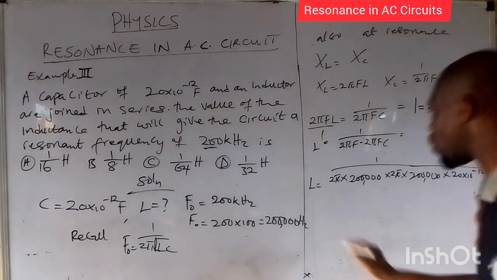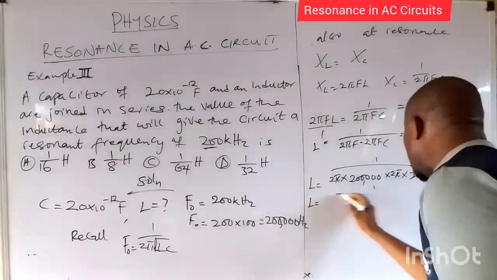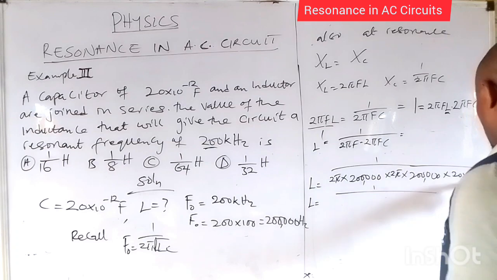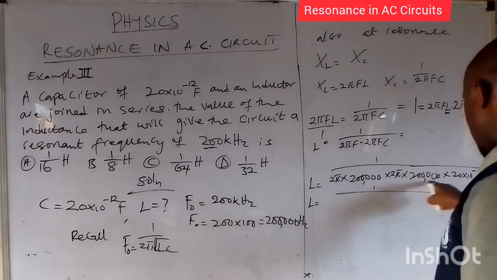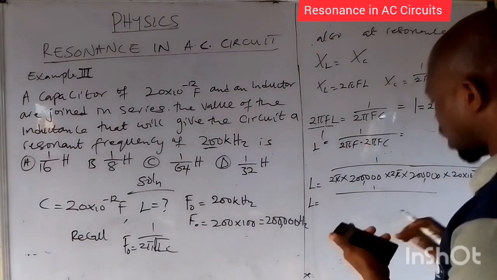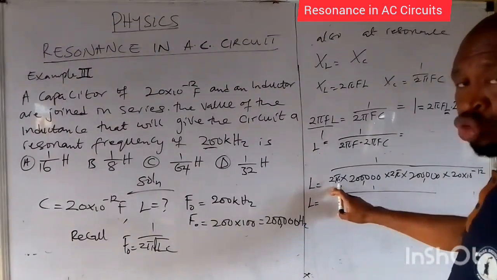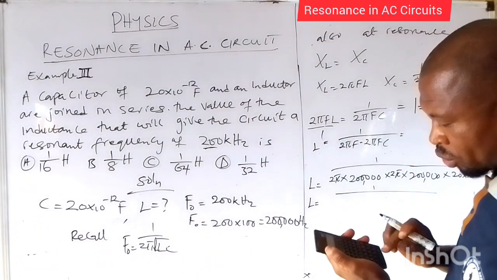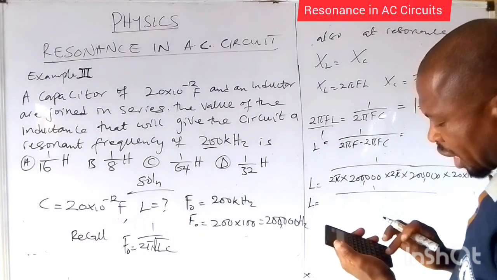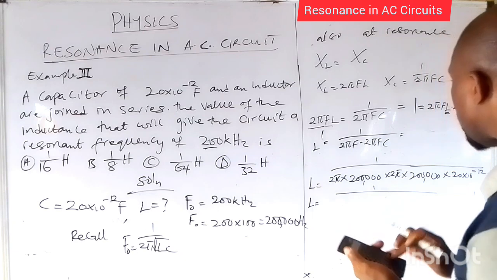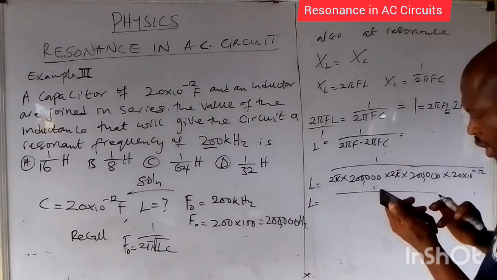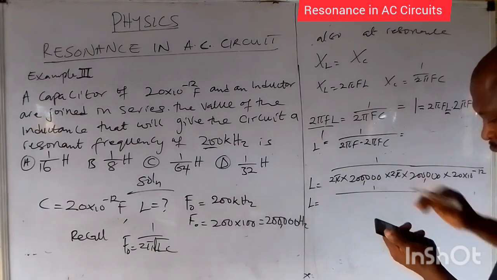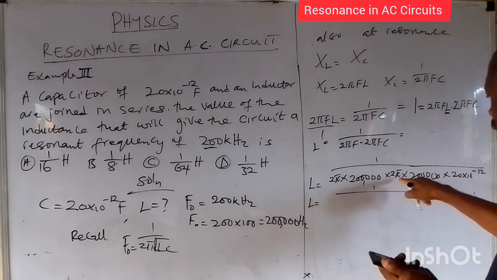Now L is the inverse of this. Now I will multiply out everything. We can substitute the value of pi, which is 3.142, and multiply it by 2. So we have 2 times 3.142 multiplied by 200,000, multiplied by these two again, 2 times 3.142 multiplied by 200,000,